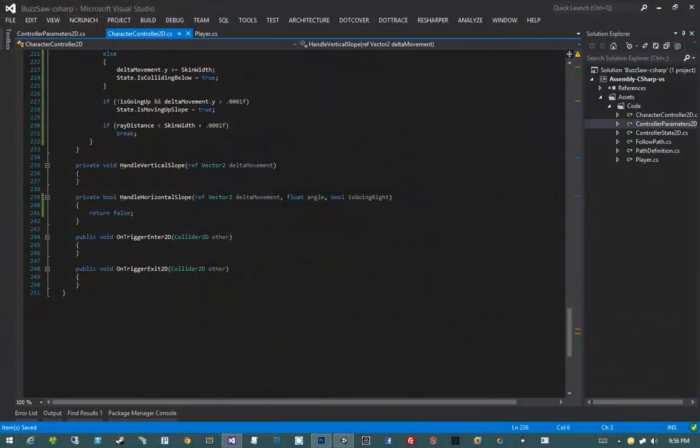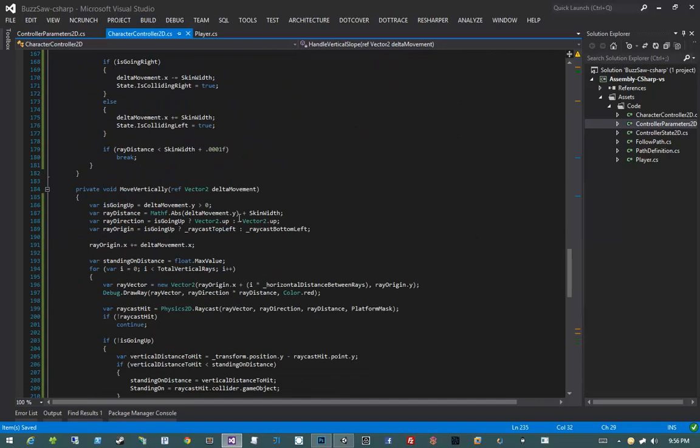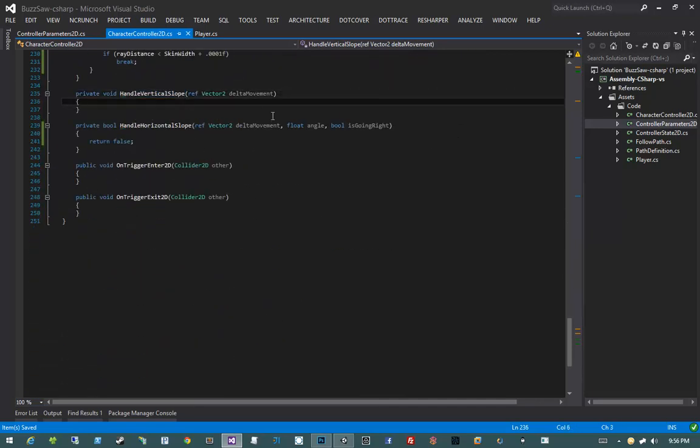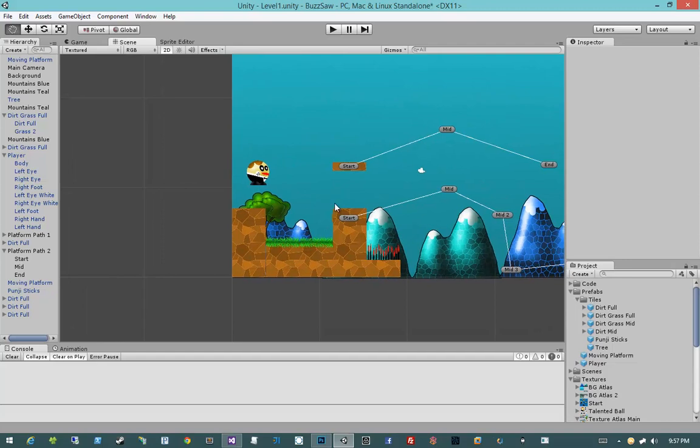Alrighty, in this video we're going to talk about handling our slopes. There's really just two of these methods that we need to take care of. They're already being invoked in the appropriate place. So that means that just by implementing these two methods, our slopes should work properly. So let's look at some cases where things might not work the way we